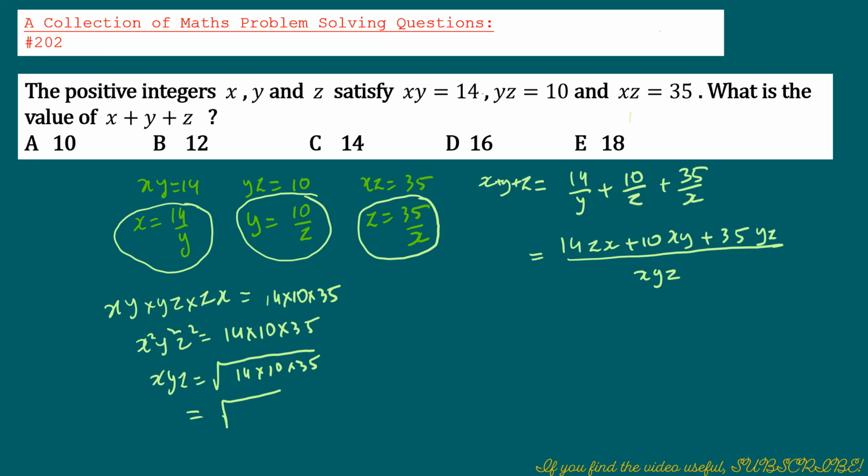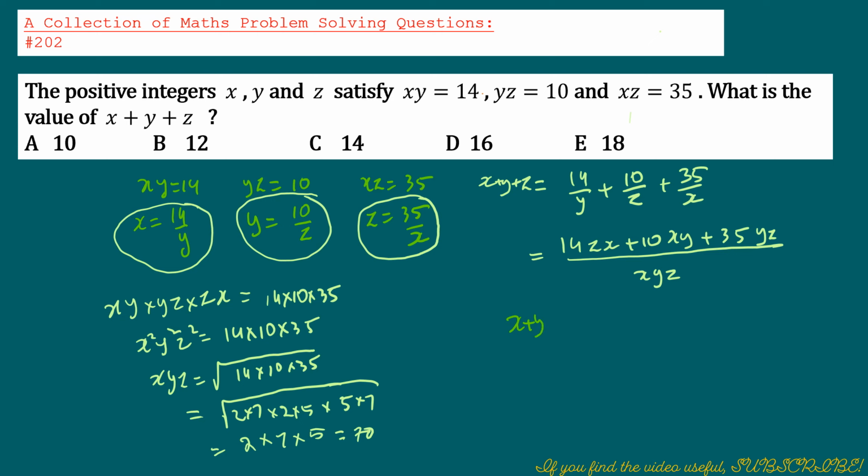Now that can be simplified using the prime factors: 14 is 2 times 7, 10 is 2 times 5, and 35 is 5 times 7. So you see there are two 2's, two 7's and two 5's, so we can bring one of each outside the square root, as 2 multiplied by 7 multiplied by 5, and that would give you 14 times 5, which is 70. So this expression would become